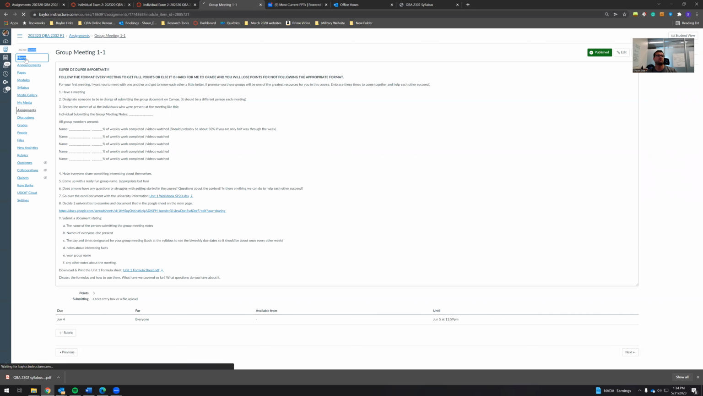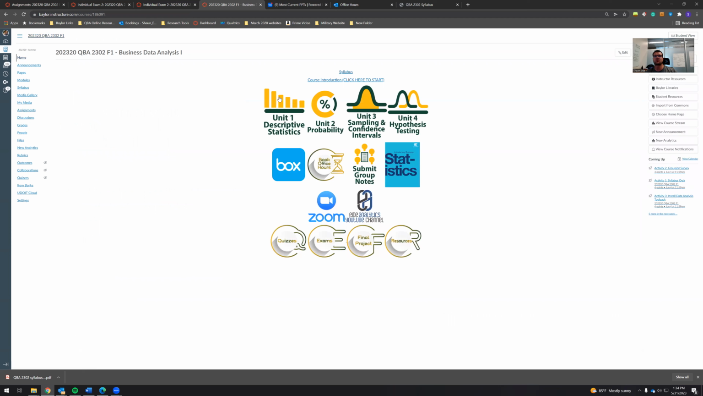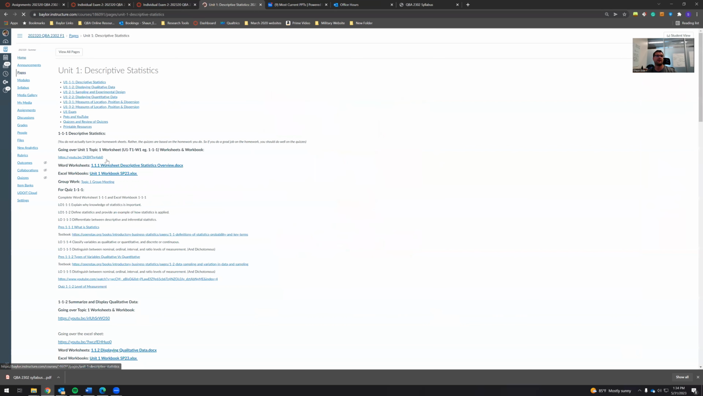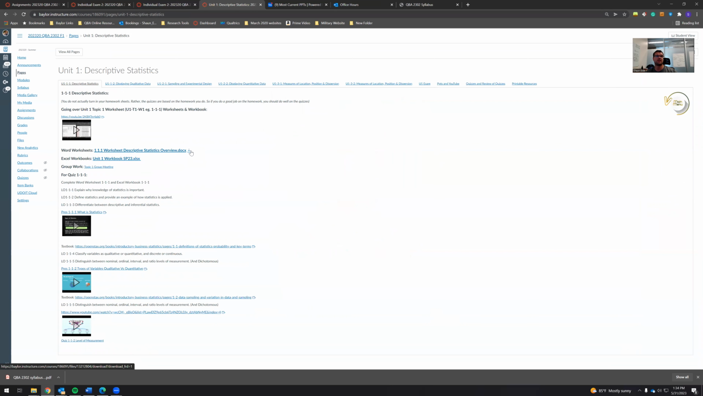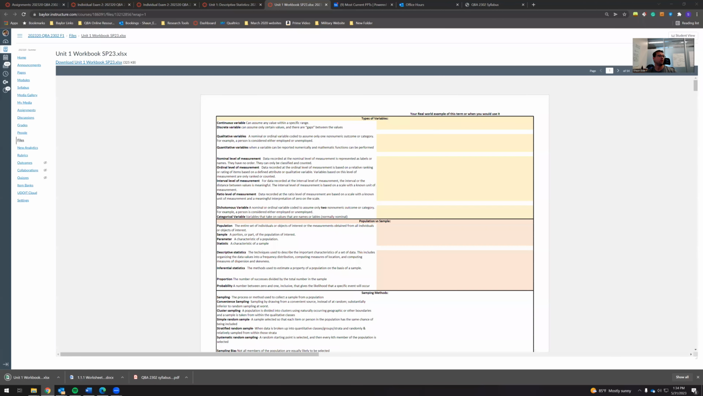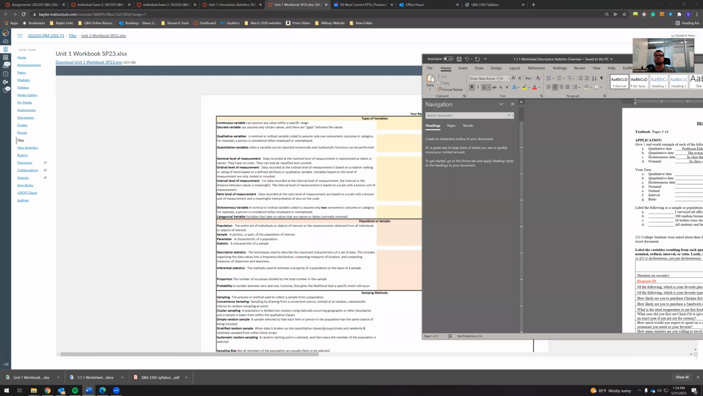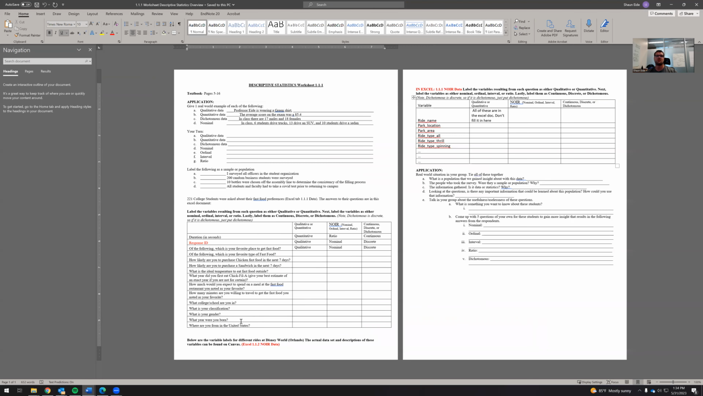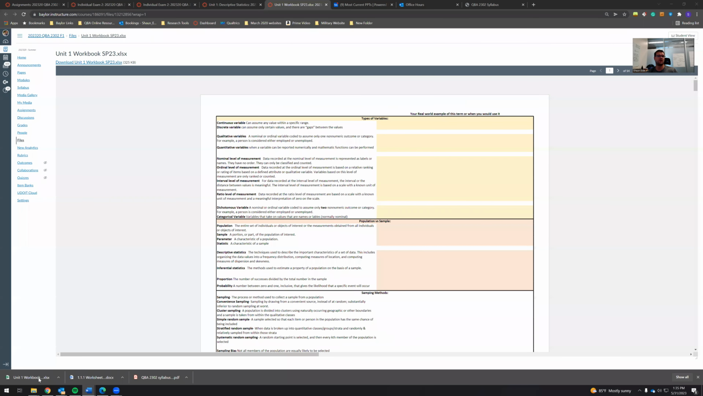Other than that, like I said, there's quizzes. The quizzes are based right off of the homework. So if you go to Unit 1 and you click the Word worksheet and the Excel workbook, you click Download Word worksheet, and then the Excel workbook, and you download this as well. I'll open up the Word worksheet. This right here is the Word worksheet. If you go through all of this material, you'll be able to take the quiz for 1-1-1. And then if you open up the Excel workbook,